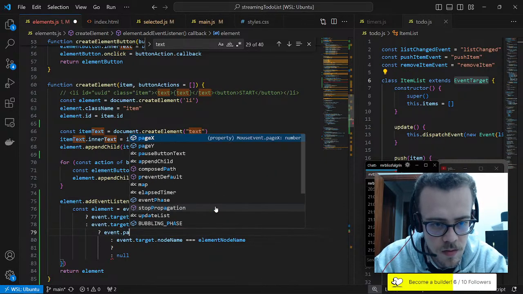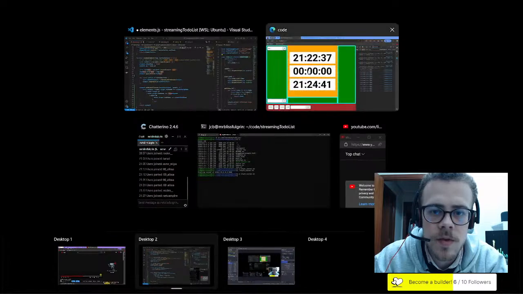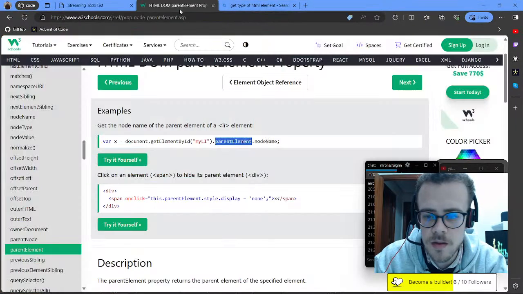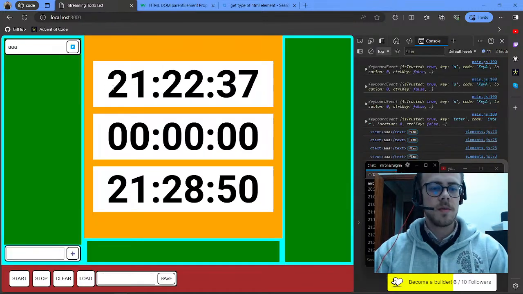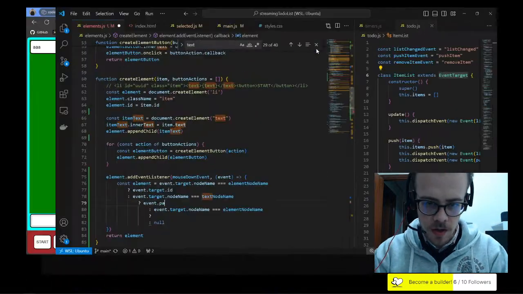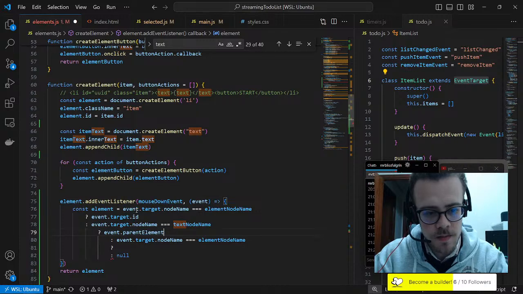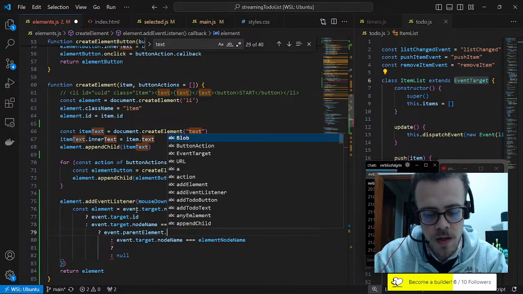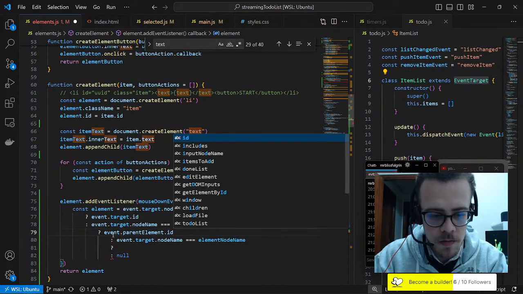No, where's the parent located at? Parent element. Okay, so we want to take a look at the parent element of this thing, and then take the ID from its parent,